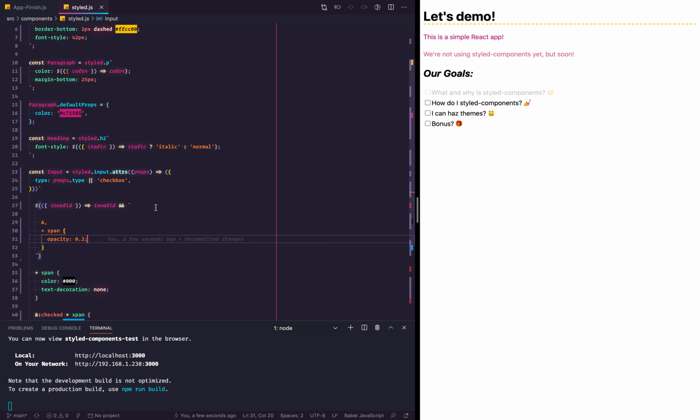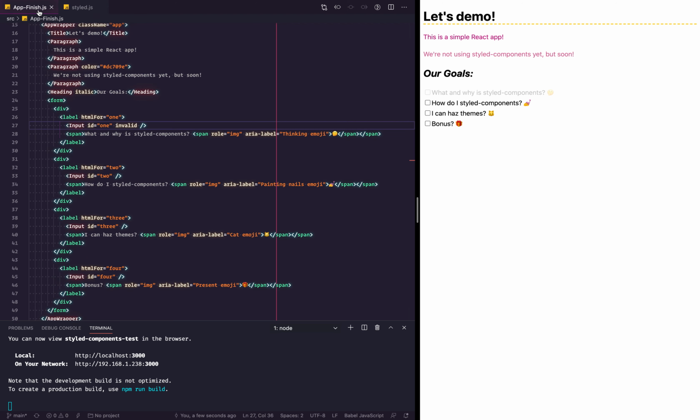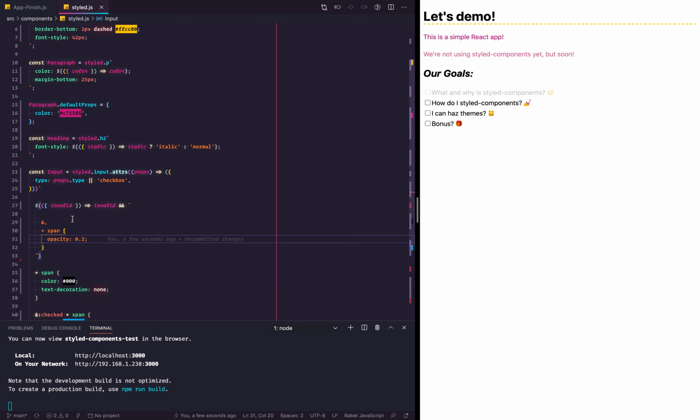Now, all cards on the table, this would be better served in the label as its own component here, since it's wrapping both the input and the span, and you could handle that all together. And in fact, even if you were to add pointer-events: none to disable pointer events, because this input is being wrapped in the label, this will still check, which is not something we want, and could be handled a little bit differently. But something to keep in mind is that props are available in this way to style